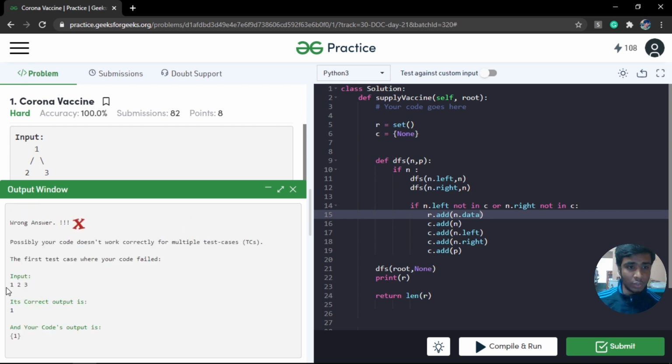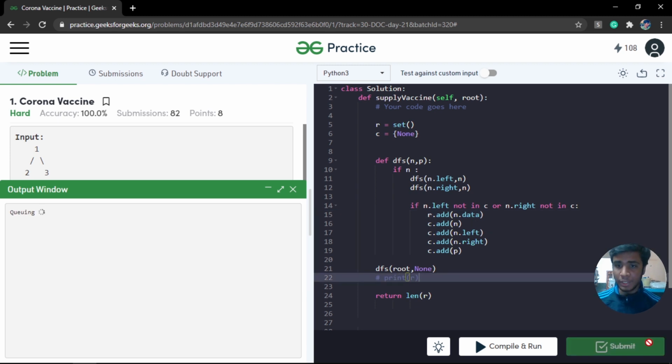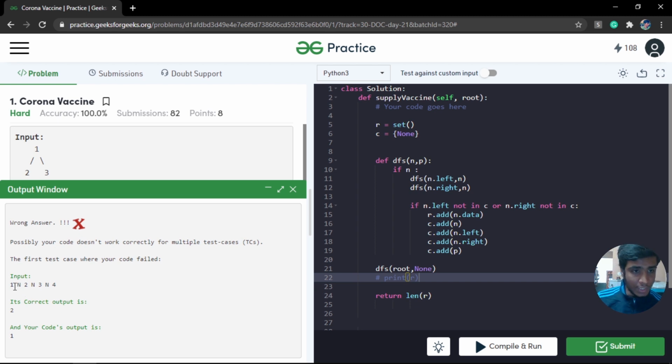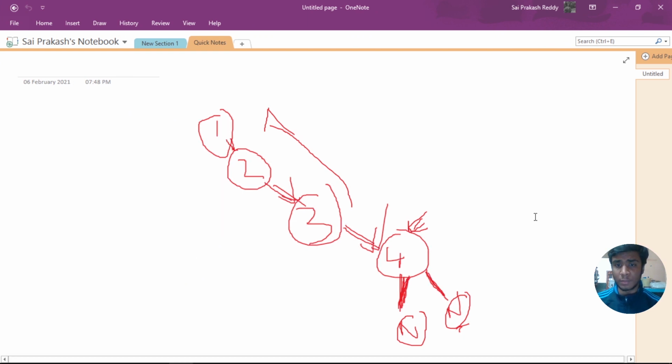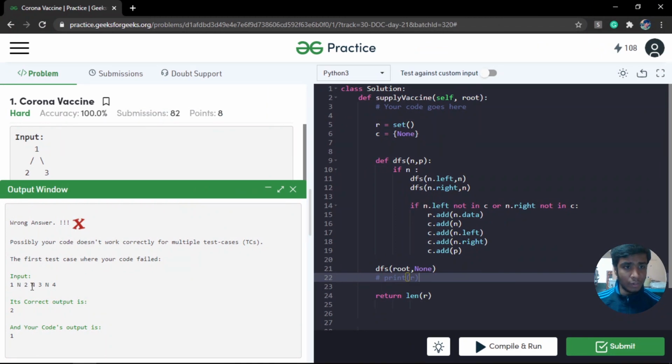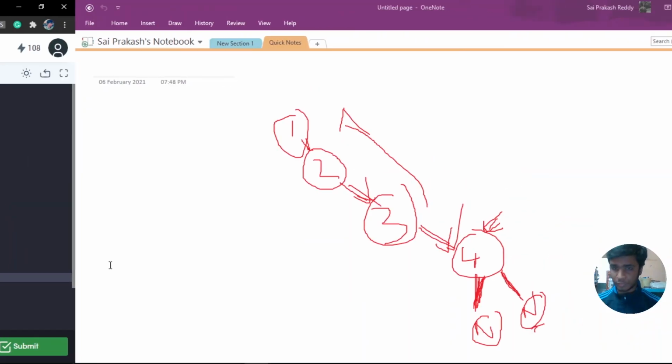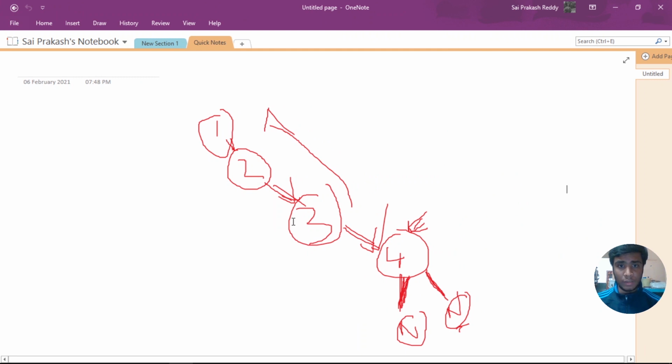So it is failing at the case of 1, 2, 3, right? Sorry, I have to remove this. And now if I submit, you can see there are a few cases at which this solution fails, right? So this is failing at 1, 2. Let me show, I have previously debugged this, and let me show how that looks. So this is the case where the particular solution is failing. So 1, 2, 3, 4, right? So you can see 1 null, 2 null, 3 null, 4. So this is a particular case where it is failing.